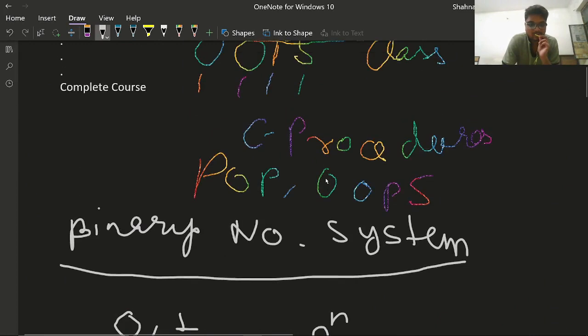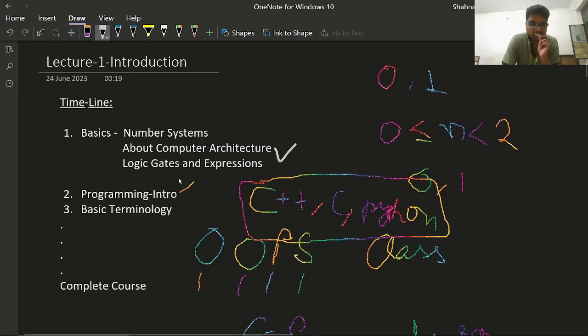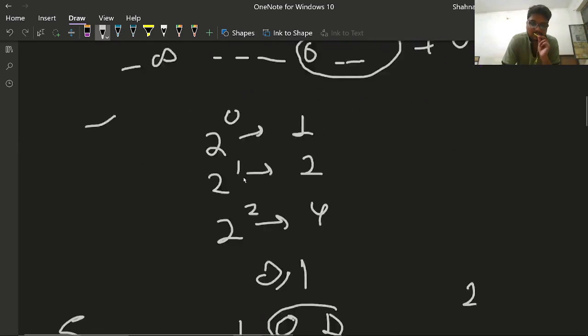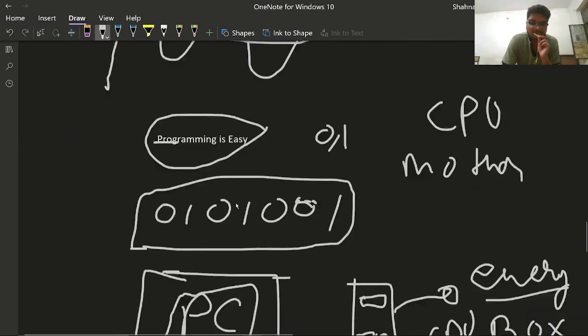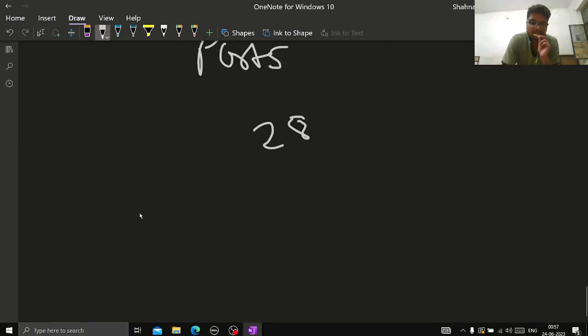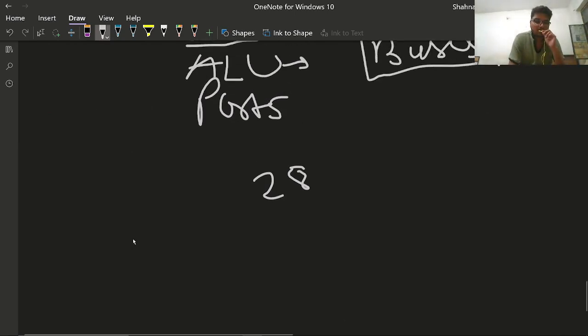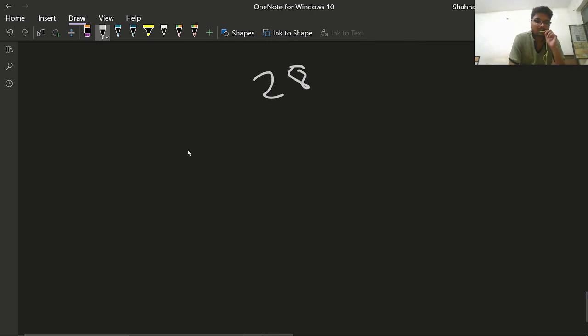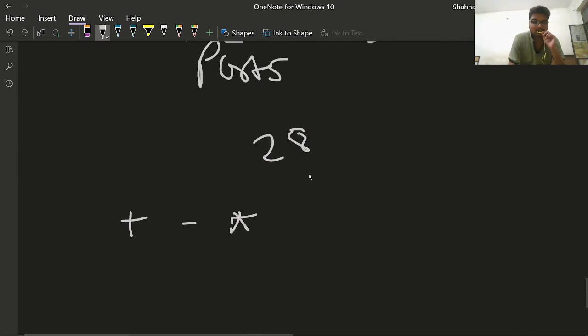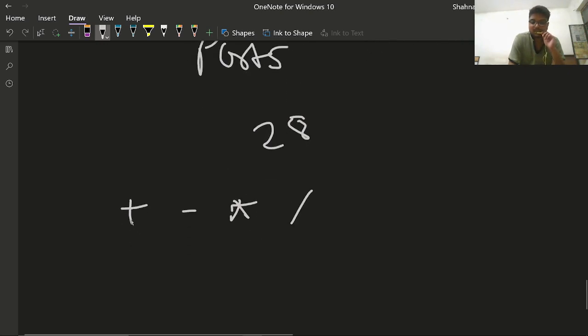So till now we have covered architecture and number systems. Then comes logic gates and expressions. In mathematics, in our lower studies, when we were in kindergarten or in school, we were told to do addition, subtraction, multiplication, and division.